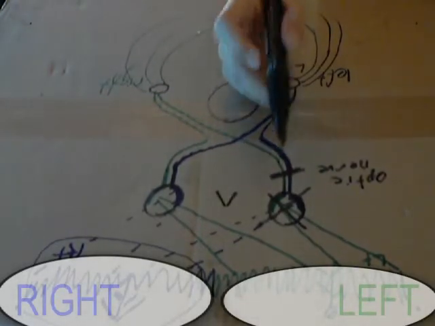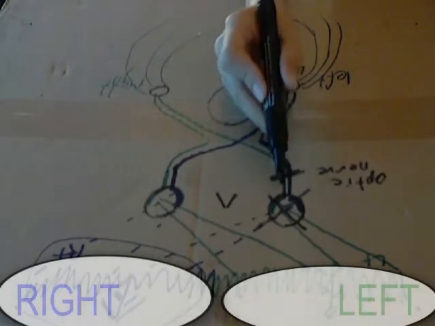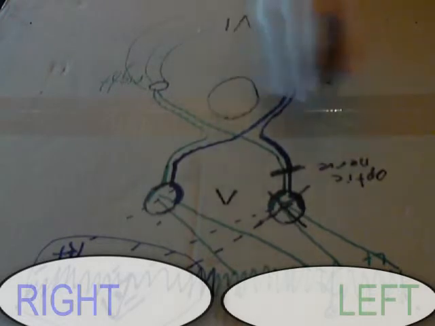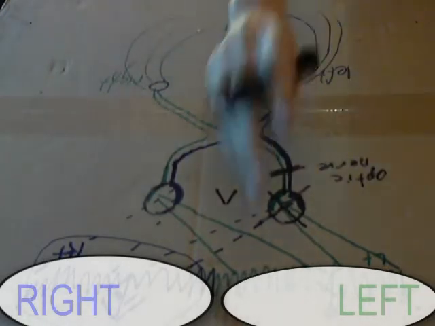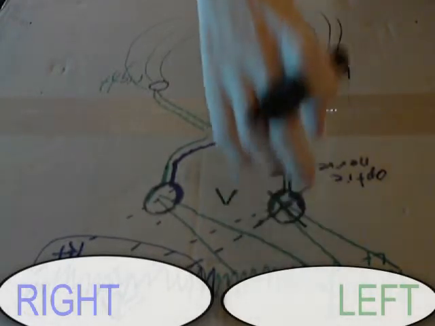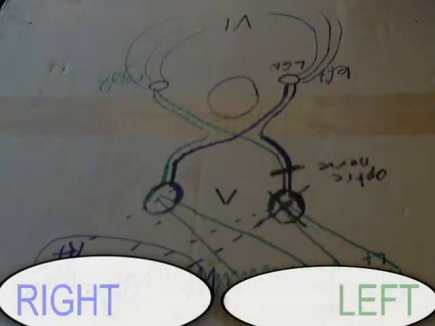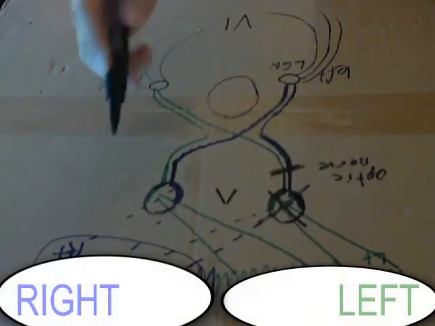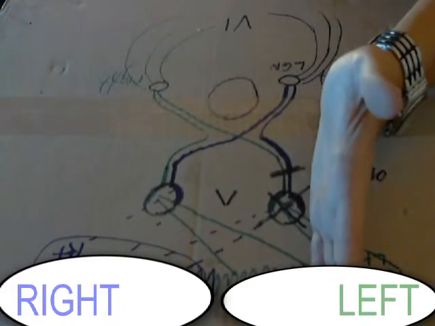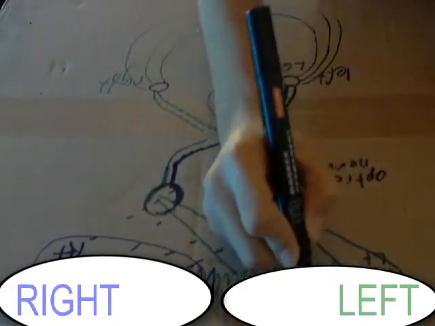Because the nerve fibers that are coming out of here have not decussated. All the visual information that is in your left eye will be knocked off. You'll essentially still be able to see from your right eye. You'll be able to see aspects of your left visual field up to here,